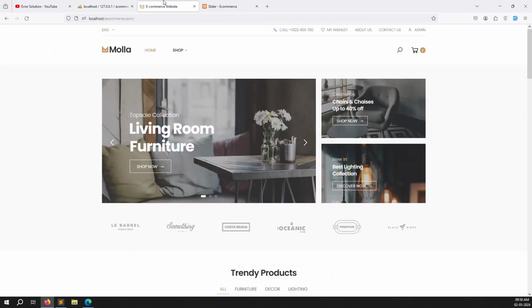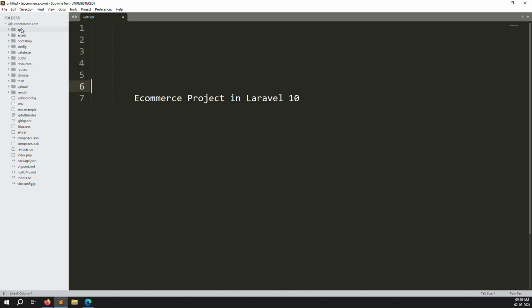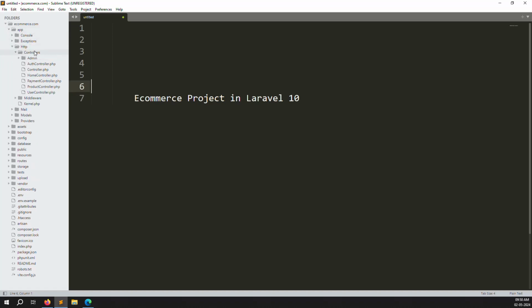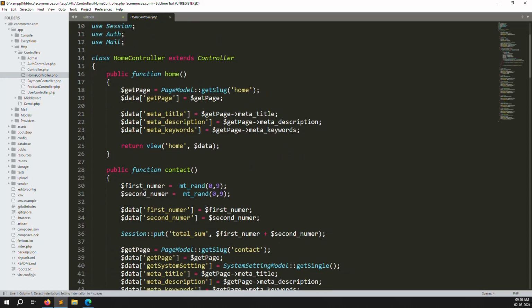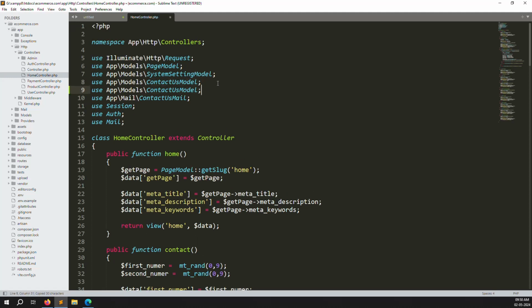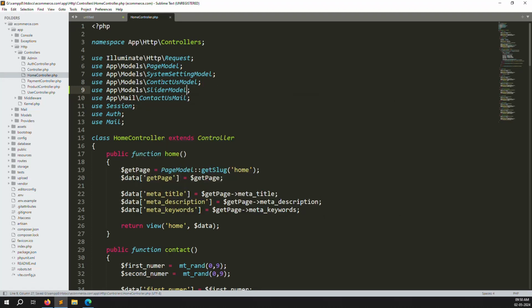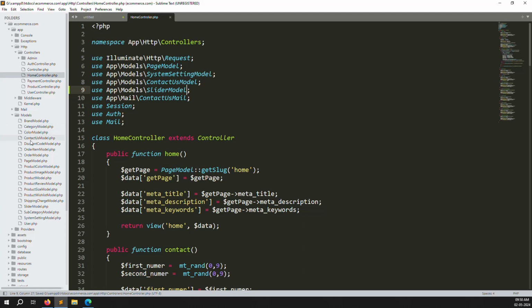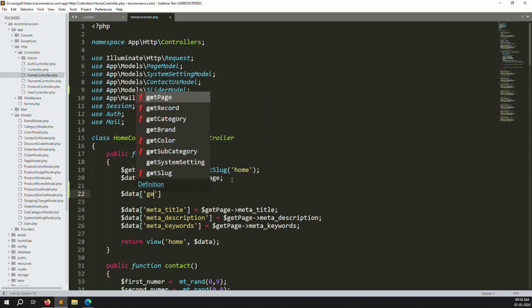Let's start now. First we go to the home page, meaning whatever our controller is inside home. So just go to app, http, controller, and inside you can see the home controller. Okay, so here we can make the query. We need to call our model first, after that we can do the query. So app model, and here I can do slider model, because we have already done it in the last video. You can see it, inside model is the slider model. So just copy this one and here you can make the data get slider